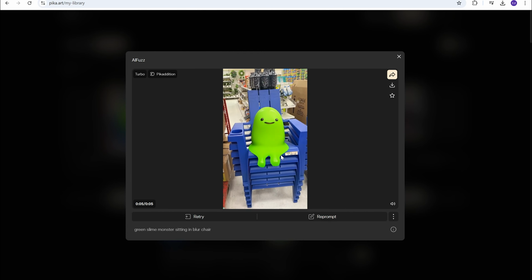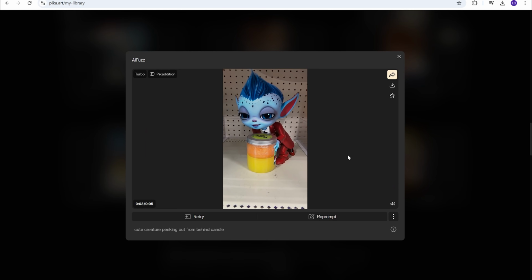So let's see. I've been playing with this all morning. Let's go back and see what I need. Okay, so I did a lot of testing with this, so let's see how far I can push it. And here we go. So this first one was I had that blue alien guy